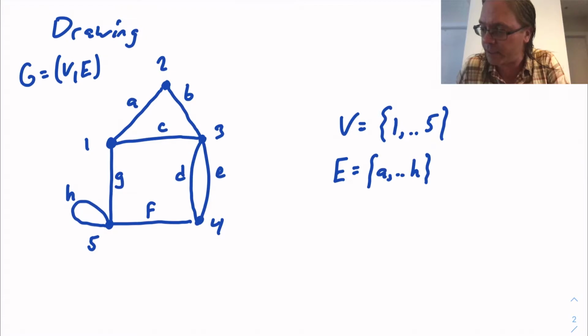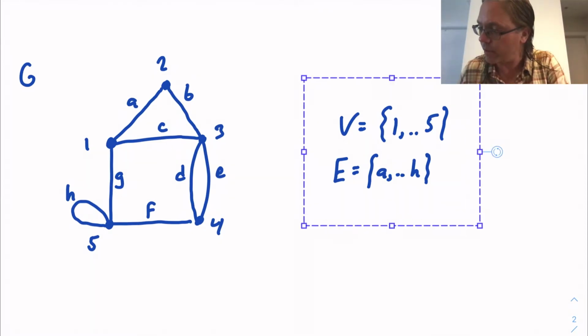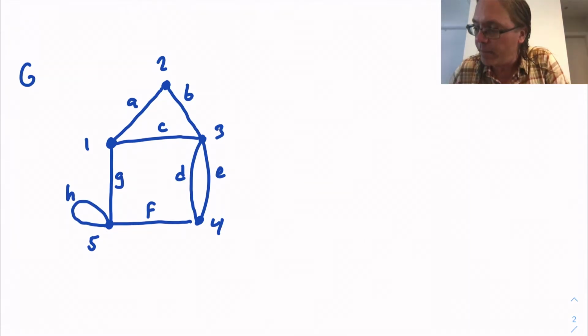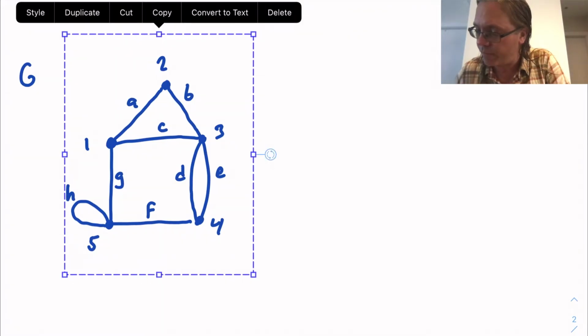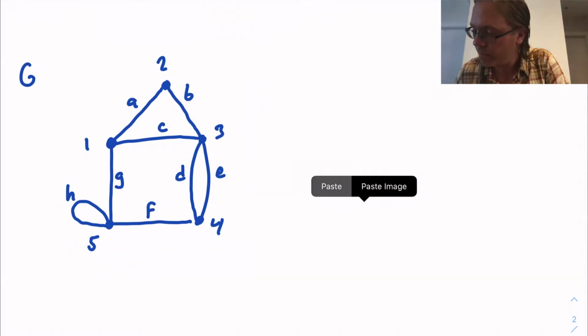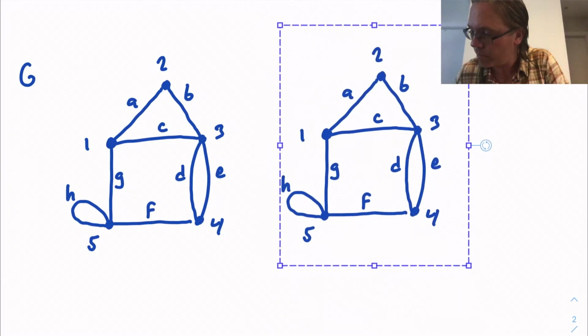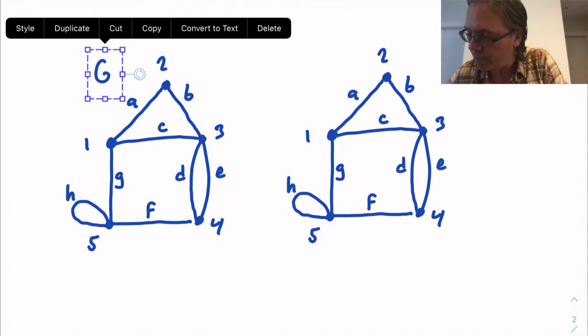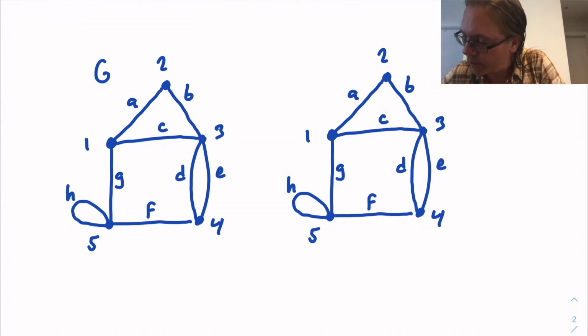I'm actually going to erase a couple things here. So this is going to be my graph G. Okay, so here's a graph G. Let me give you an isomorphic graph. Maybe I should drag this G over. Okay, so there's G. Here's going to be a graph H, and what I'm going to do with H is,